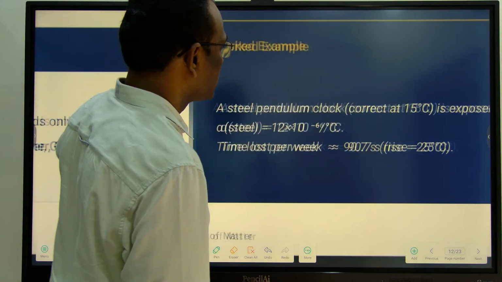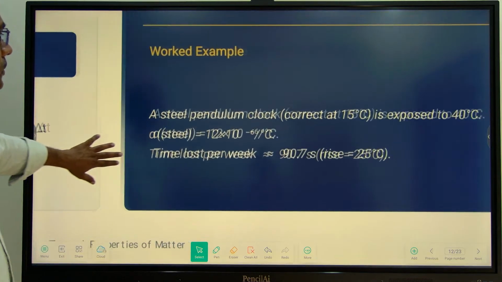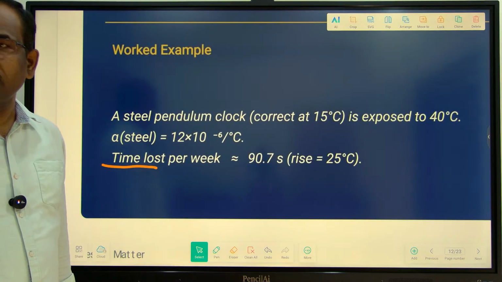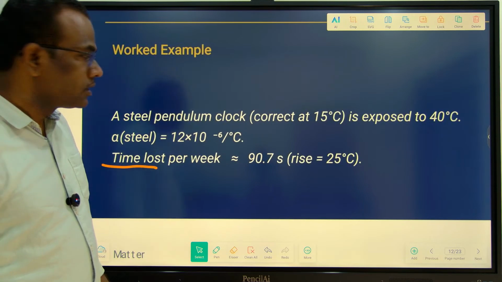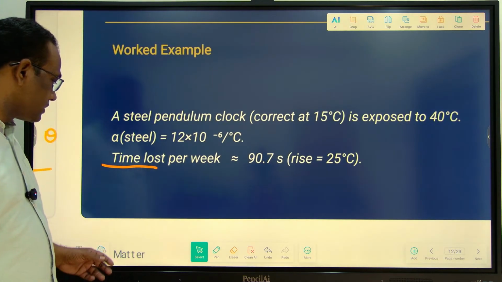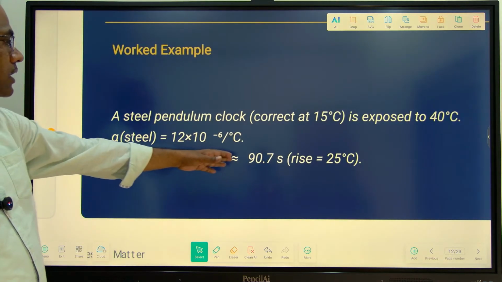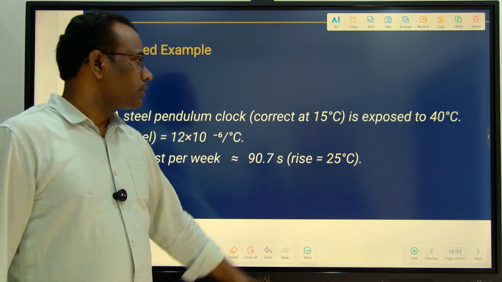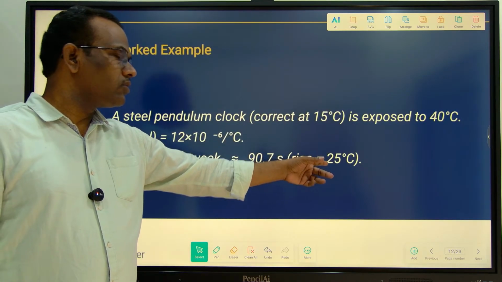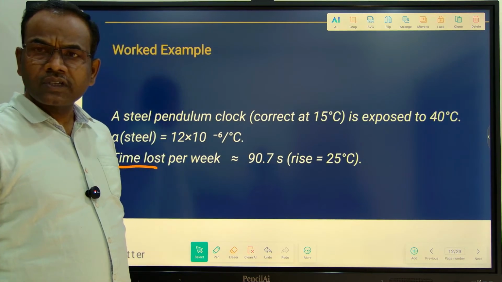So, for this question, copy the question and try, and you will get the result. I think it is about 90.7 seconds, because the change in temperature is around 25 degrees Celsius. First of all, you can calculate